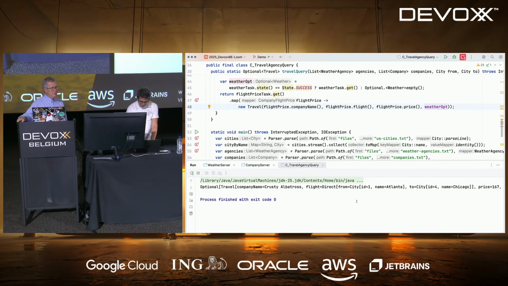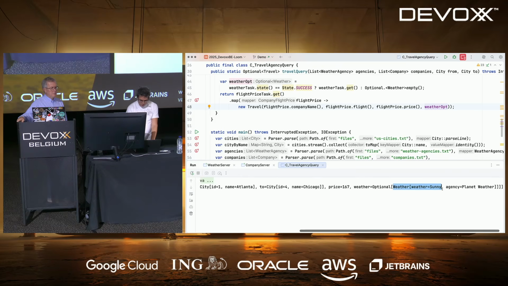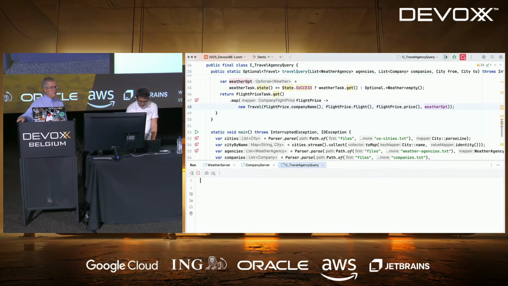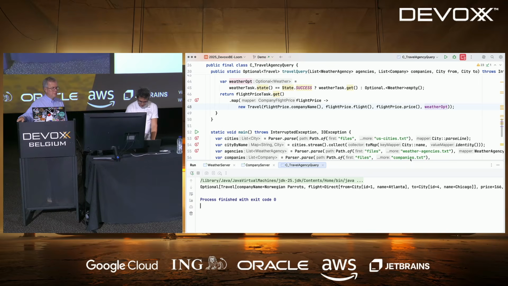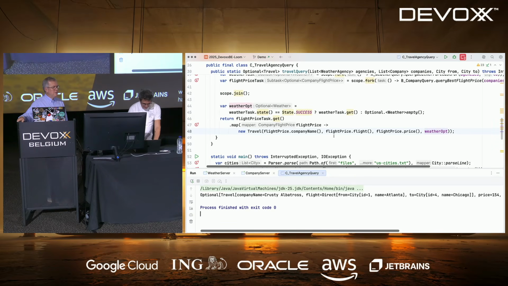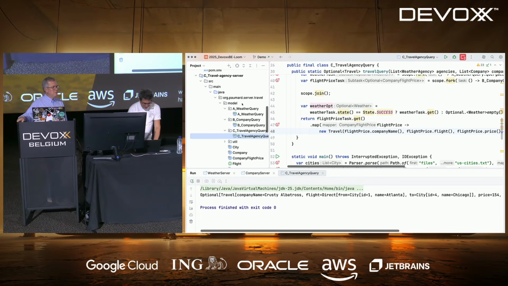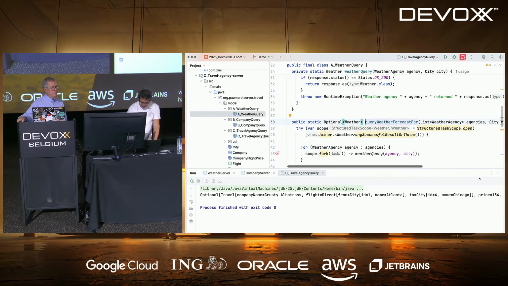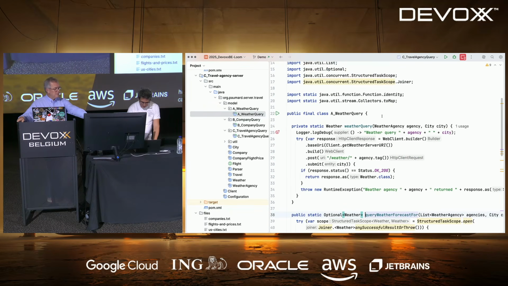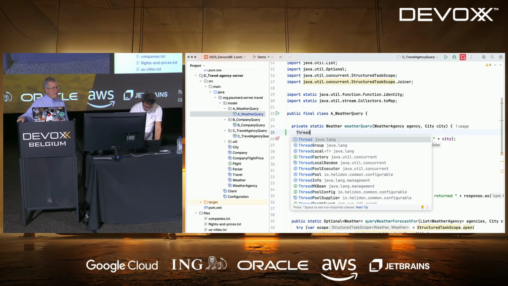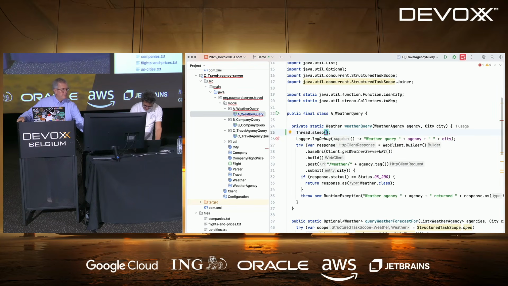here, I have an optional weather, and if I run it several times, I hope that at some point, no, I have another weather. So there is a way to do it. Yeah. So in this one, you can actually do that in the weather. I will just thread.sleep. Wait. Okay.